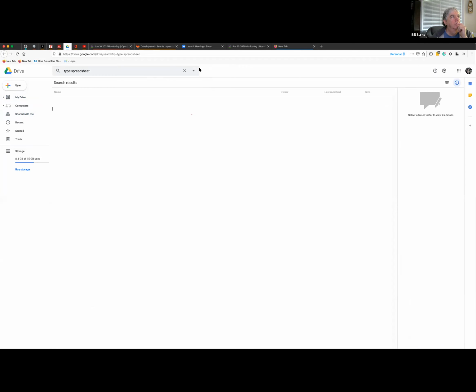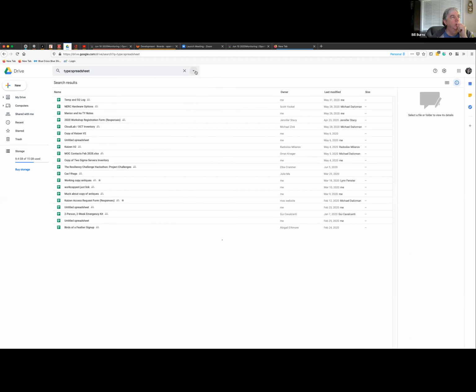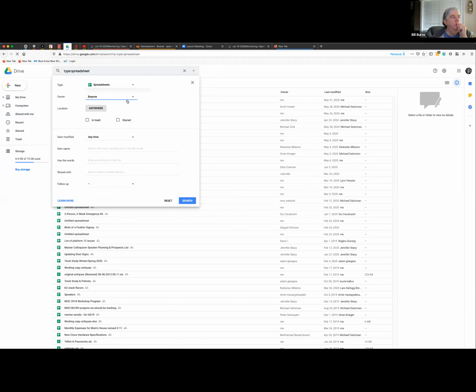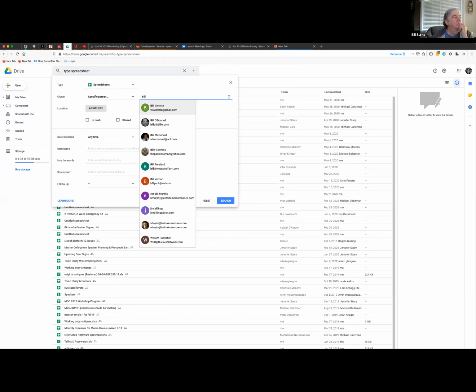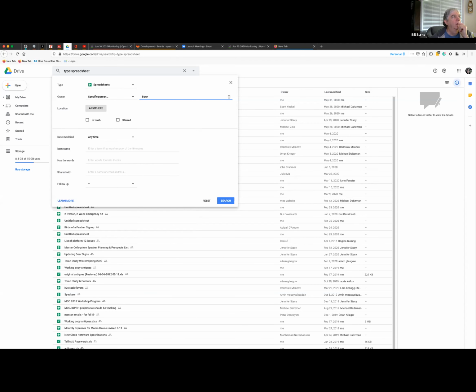Spreadsheet. Yeah, I've got it now. Well, let me make sure you have permissions to share. Security. Cool.